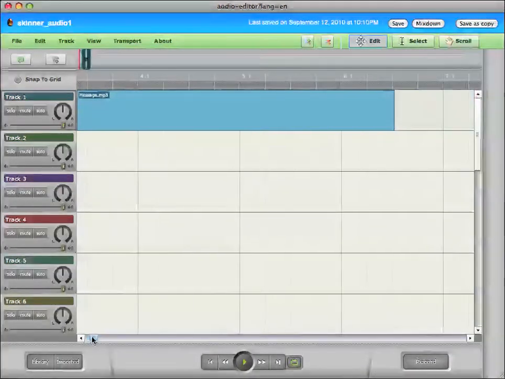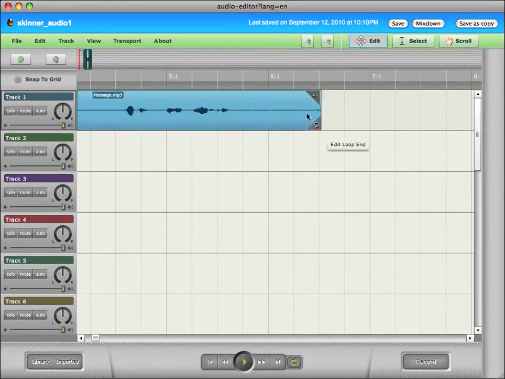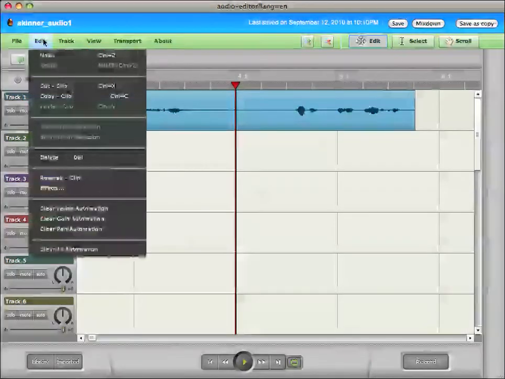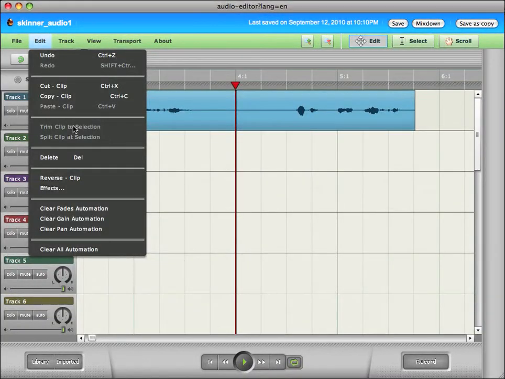Now I can use the scroll down here. I'm going to trim the end the same way I trimmed the beginning. Now in most audio editors, you could put the playhead right in the middle of this file, this little piece of audio, and go to Edit and say Trim Clip to Selection. Now for some reason Mina at this point is not,